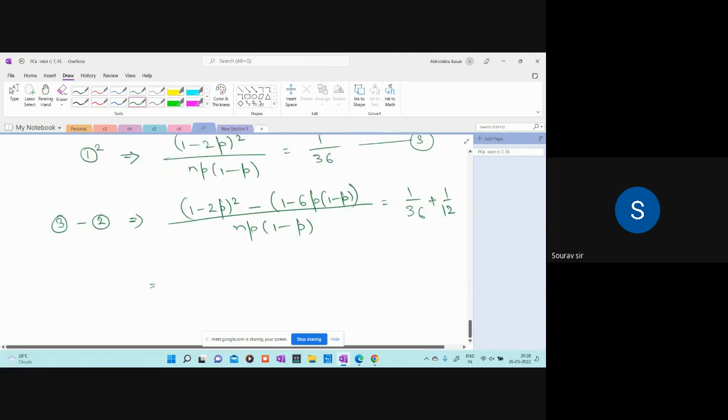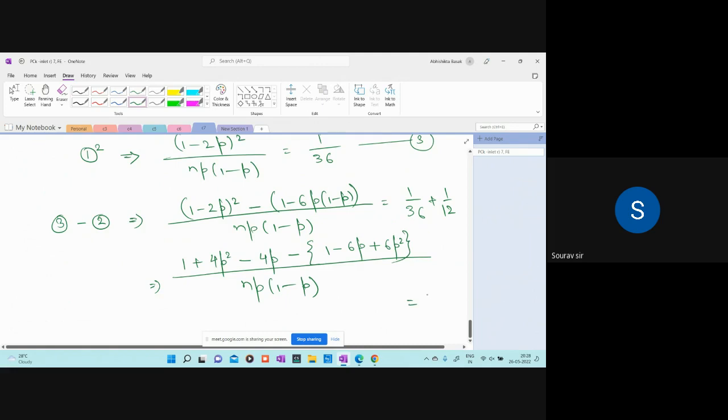Now I can proceed. 1 plus 4p square minus 4p minus, within the bracket it will give me 1 minus 6p, and minus is going to give me plus 6p square by np into 1 minus p, and that